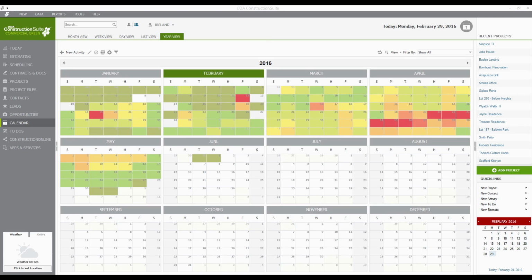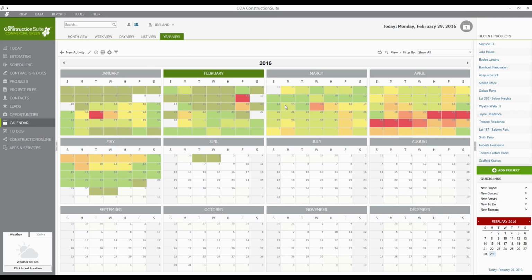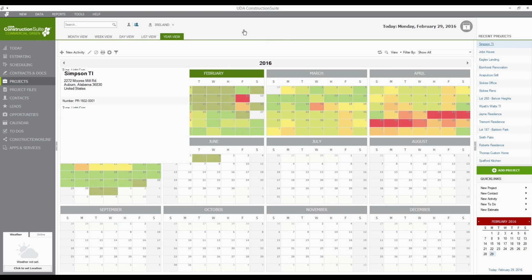Okay. So, we've got a lot of the information and activity here, and just as a quick reminder, you can always sync up this information from ConstructionSuite to ConstructionOnline automatically, from ConstructionSuite to Outlook through the Sync Center, which is available up here in the data menu. Works for activities, to-dos, calendar, events, contacts, and things like that as well. So you'll be able to see most of that information in here. And any appointments or meetings that you create, again, show back up here in the